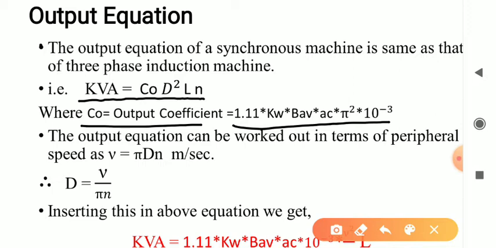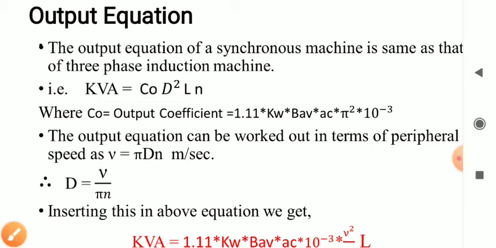Now the output equation can be worked out in terms of the peripheral speed also, as we know that the peripheral speed V equals pi D into N. So from this equation we can write the value of D as V divided by pi N. Now if you put this value of D in the equation of the output kVA, then we can write the kVA equation as